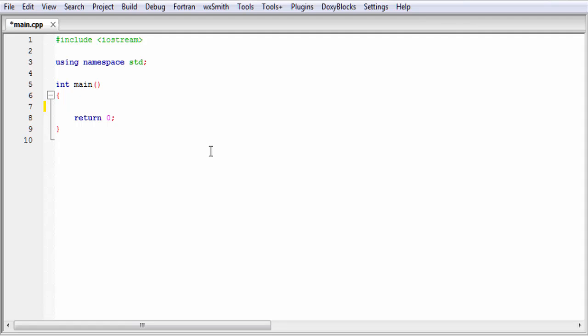Here we write a simple program that prints 10 numbers to the screen, and for that we use a for loop. All of you know that to write a for loop we need a loop counter. For that I am going to declare int i.